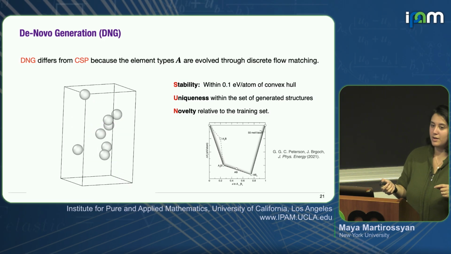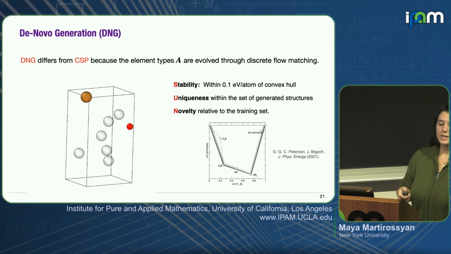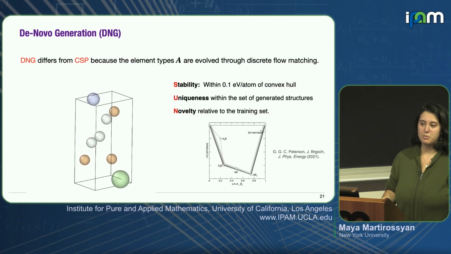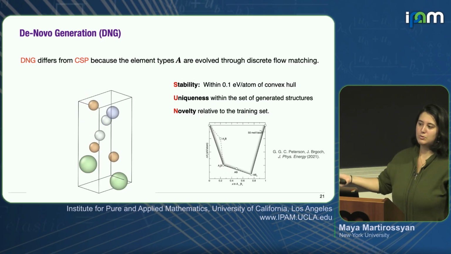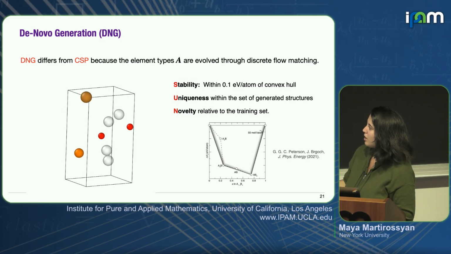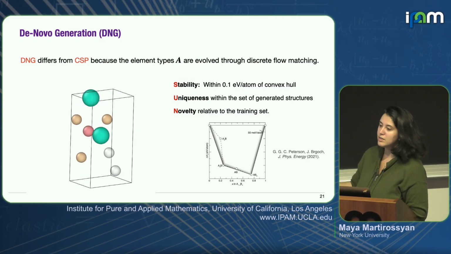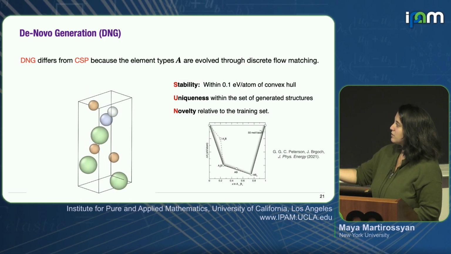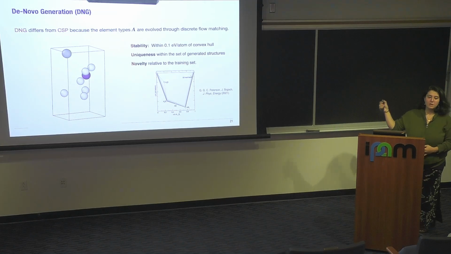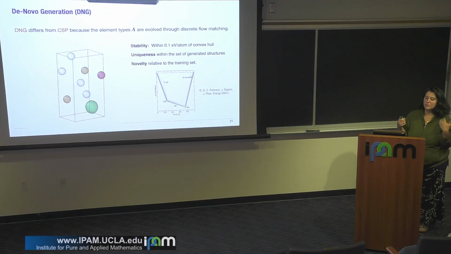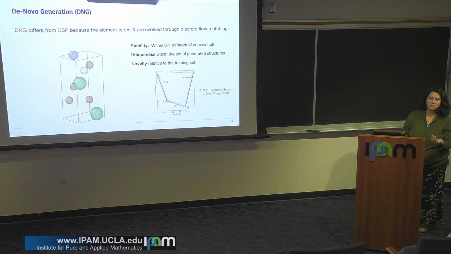Uniqueness just has to do with when we generate structures over and over again, how many of them are just the same thing. So we would like to maximize uniqueness. We would like to have as many different answers as possible. And then novelty is just, are you regenerating structures you already knew about, or are you discovering new ones? So out of, let's say, 10,000 structures, your SUN rate is going to tell you just how useful your model is for predicting new kinds of materials.